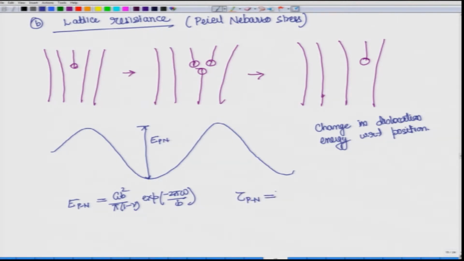So, the stress would also be cyclic like this, since the energy is like this, which is the derivative of this. The stress would be highest somewhere in between over here, and it will be lowest when the energy is again at one of these other positions where it is at minima. So, the tau_PN is derived to be shown as this,